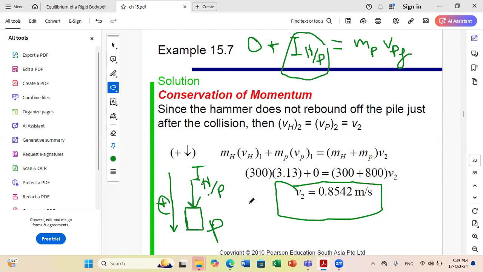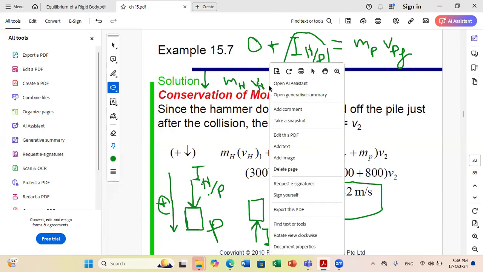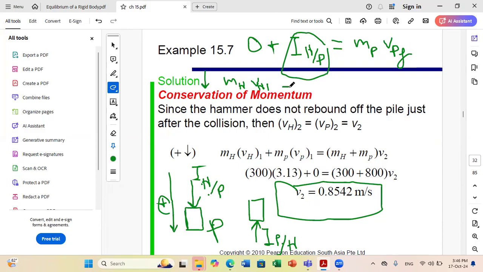You can also take the hammer as a system. So the impulse by action-reaction will be opposite. So this is the impulse of P on H. They are equal in magnitude, opposite in sense. So you can say I have M H V H1, considering always the positive direction downward. So you have a positive velocity V H1, but the impulse is acting upward. So minus I of P on H